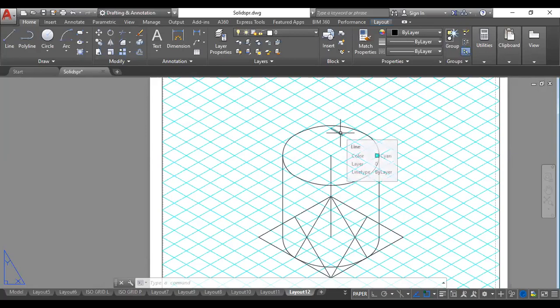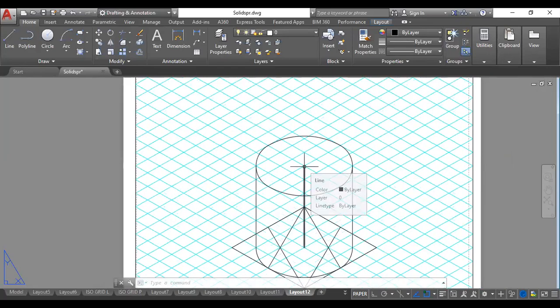It is a frustum of a cone, so obviously the bottom diameter and top diameter will be different. The base diameter is 50. This is the point on the axis of the frustum of the cone also, because both are resting centrally. So at this center I should draw a box of 50 by 50. I'll go first half of it, as you know: 10, 20, so 25 would be half. Now from here I'll go 25 on this particular side.